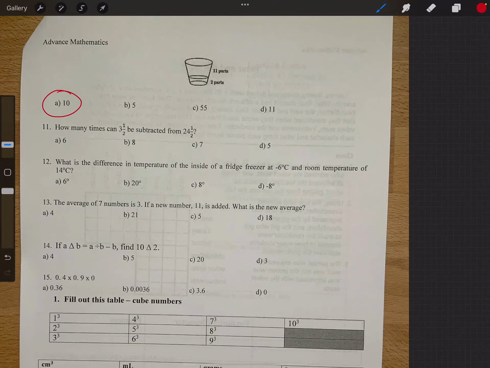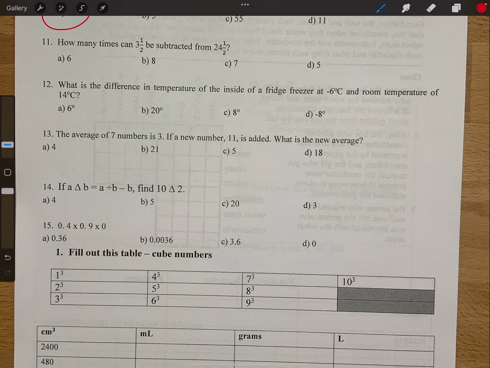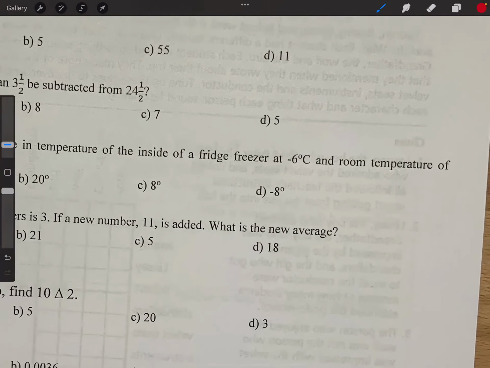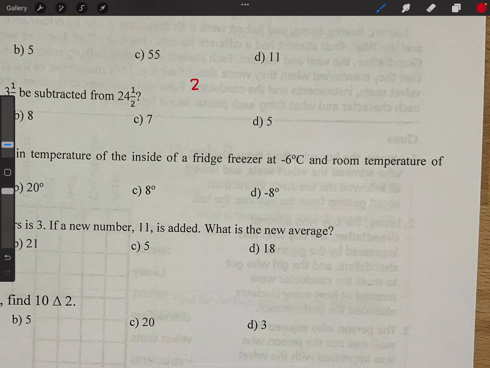So the answer is 10 right there. Question 11. How many times can 3.5 be subtracted from 24.5? How many times? Well, we just do division. So what you're going to do is 24 1/4 divided by